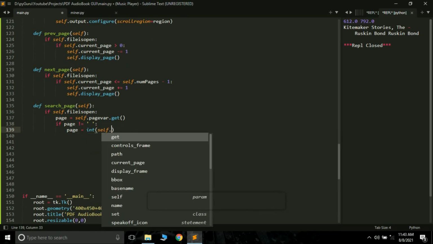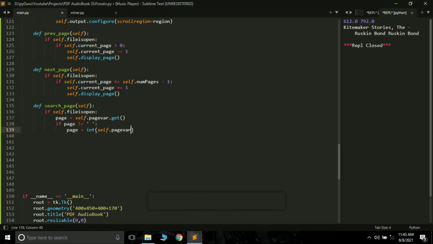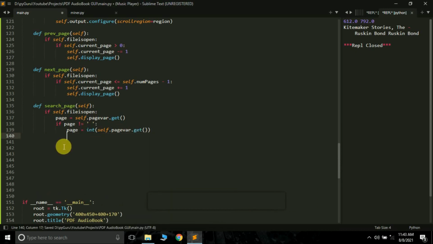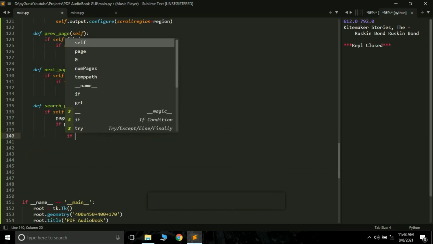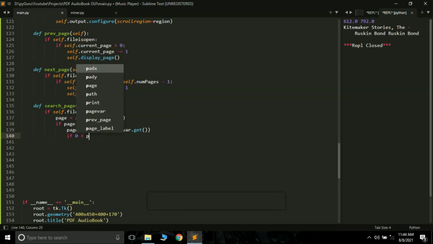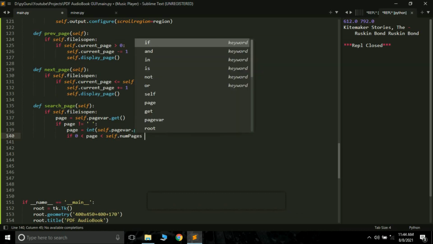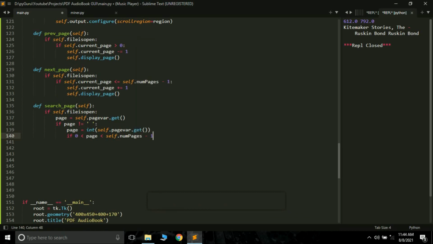So self.page_var.get, you can do something like this, page equals int(page), and that will be the same. So if 0 less than page less than self.numPages, here minus 1.